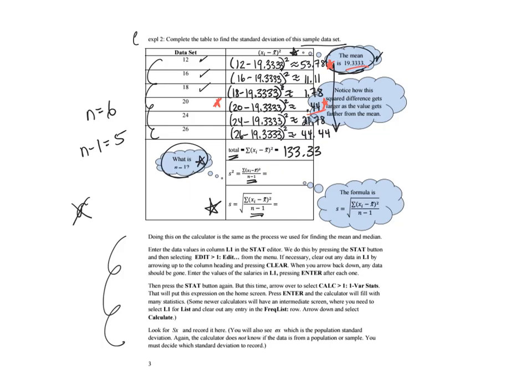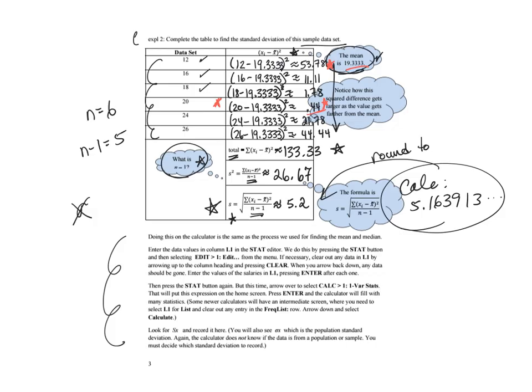So I divide this 133.33 by 5, and I got about, let's change these to approximately equal signs, 26.67, rounding that. And then I square rooted that like it told me there on that final line, and I got about 5, and I'm going to say 5.2. Now, my calculator got 5.1639, and so on. But I'm going to round this